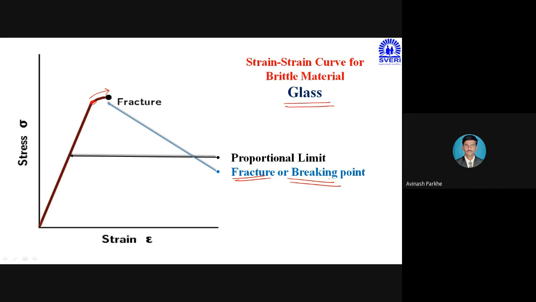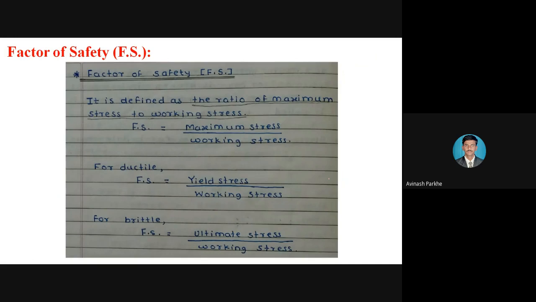So the importance of each and every point we have discussed in the last lecture itself. Now in today's lecture we will discuss the important topic related to the factor of safety. So what is meant by the factor of safety? This factor of safety is also one of the constant parameters which will be represented in the statement. The factor of safety is equal to 2, factor of safety is equal to 1, something like that. It is mentioned in the statement.